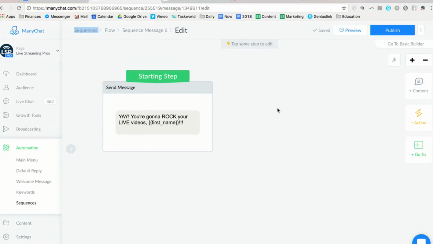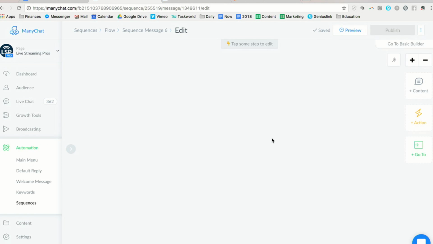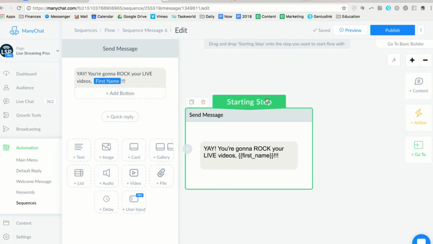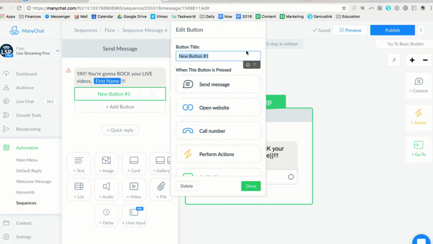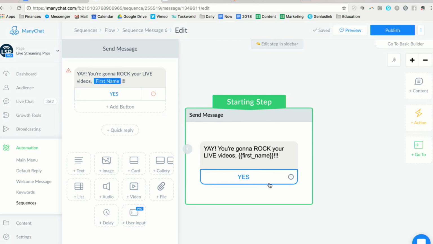So if you have maybe any of your email systems, you probably have seen something like this before. I'm just playing with this. So you have a starting step, and you type your messages as you normally would, and then you create a button. Your button would say something like yes or no, and then we're going to say done.